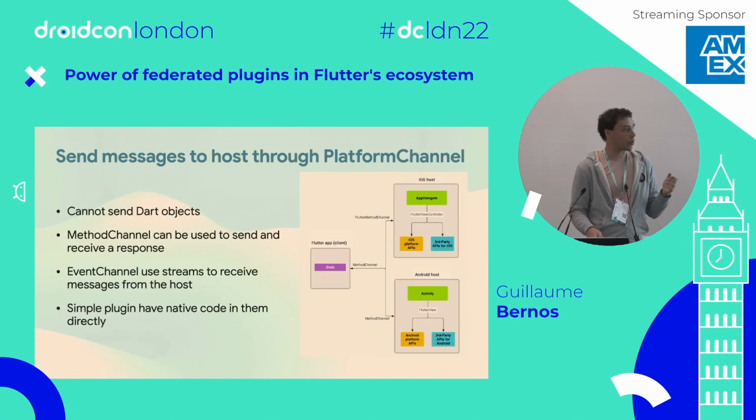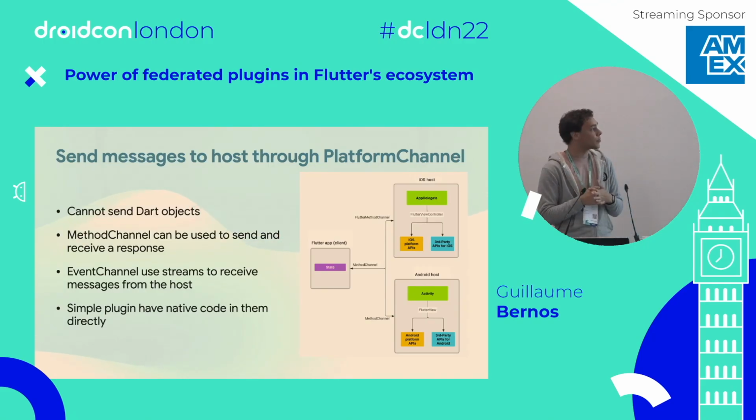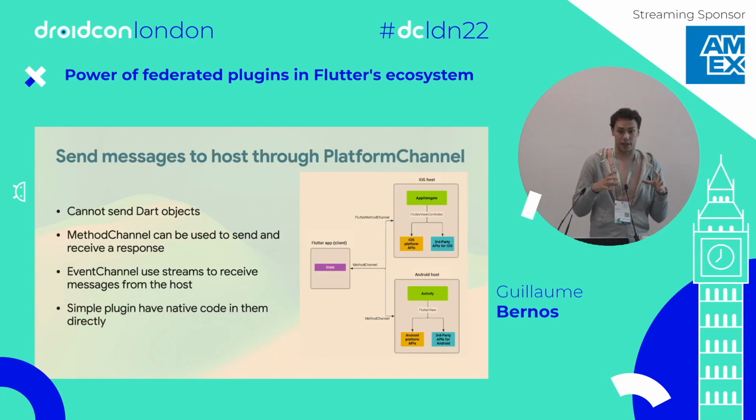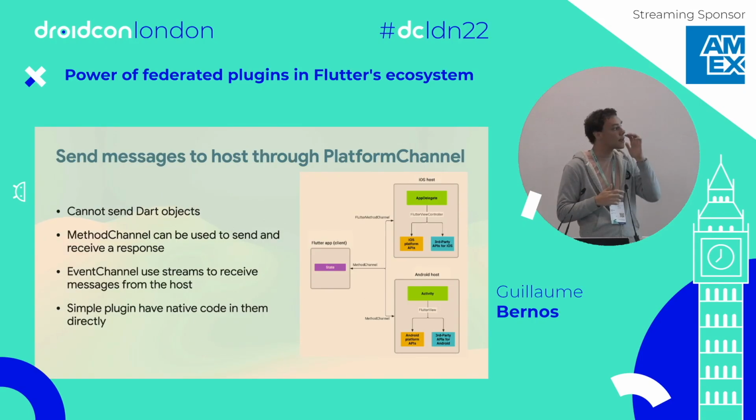So how does it work with Platform Channel? This is a simple graph to show you a bit how it's working. To communicate between the host and the Flutter app, you will need a platform channel. A platform channel is just a bridge that is open between Dart and whatever host you have. For instance, in iOS, the receiver will be in Objective-C or Swift, and for Android, it will be